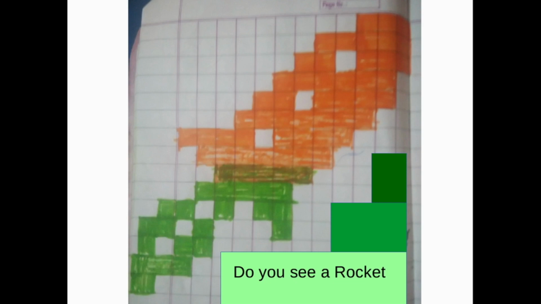So what we are trying to do? We are trying to tell young kids that using these squares and coloring them, you can virtually create any kind of shapes that you are watching in the real world. And here is the question for you also. Do you really see a rocket? And if you see that in the same fashion, the kids are also able to see this whole thing. And let me show you some other shapes also and how kids react to these things.